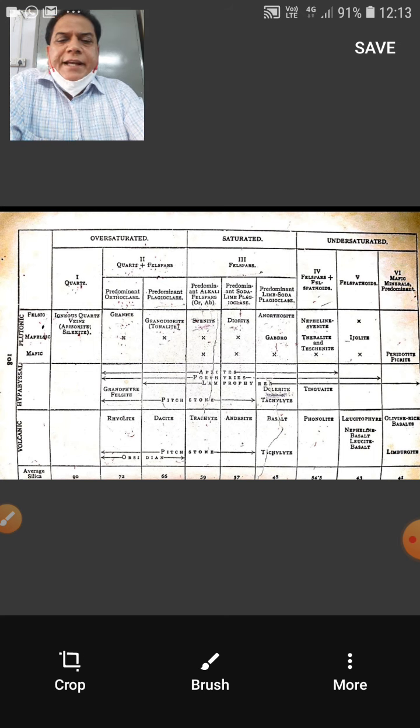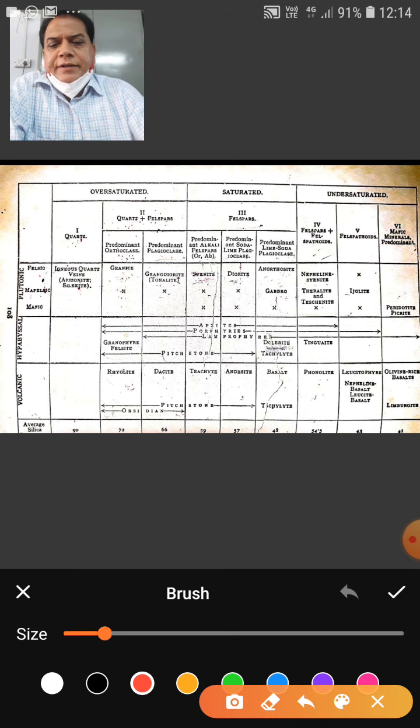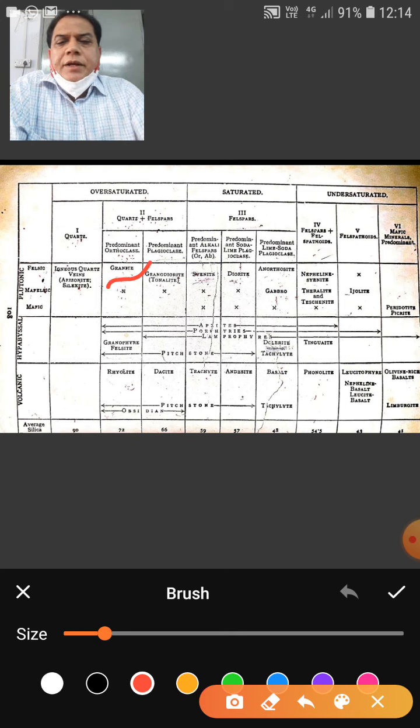If you come to the second, that is quartz plus feldspar, and in that, feldspars we broadly divide into 2 categories, that is alkali feldspar and plagioclase feldspar. So if the dominant or essential minerals are quartz plus orthoclase, and it is plutonic, then the rock name you all know is granite, right? That is your granite, here is the granite. And if a rock has quartz plus plagioclase as essential minerals, then the rock is granodiorite and the rock is plutonic.